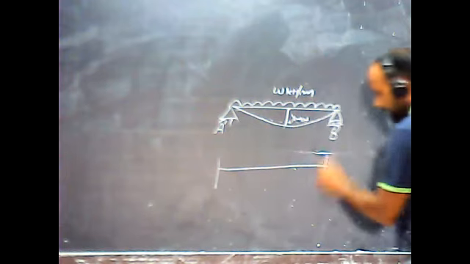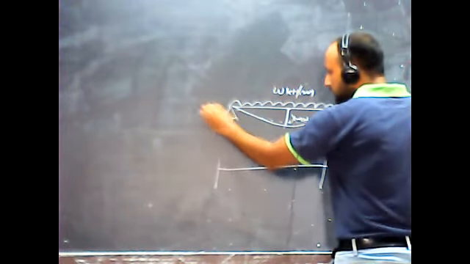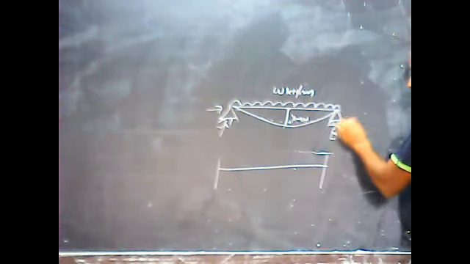Is the upper beam determinate or indeterminate? It is determinate. How? We have 2 unknowns for the hinge support and 1 for the roller support. The total number of unknown reactions is 3 and the available equilibrium equations are 3. So we can calculate those unknowns using the equilibrium equations. That means my first structure is a determinate structure.